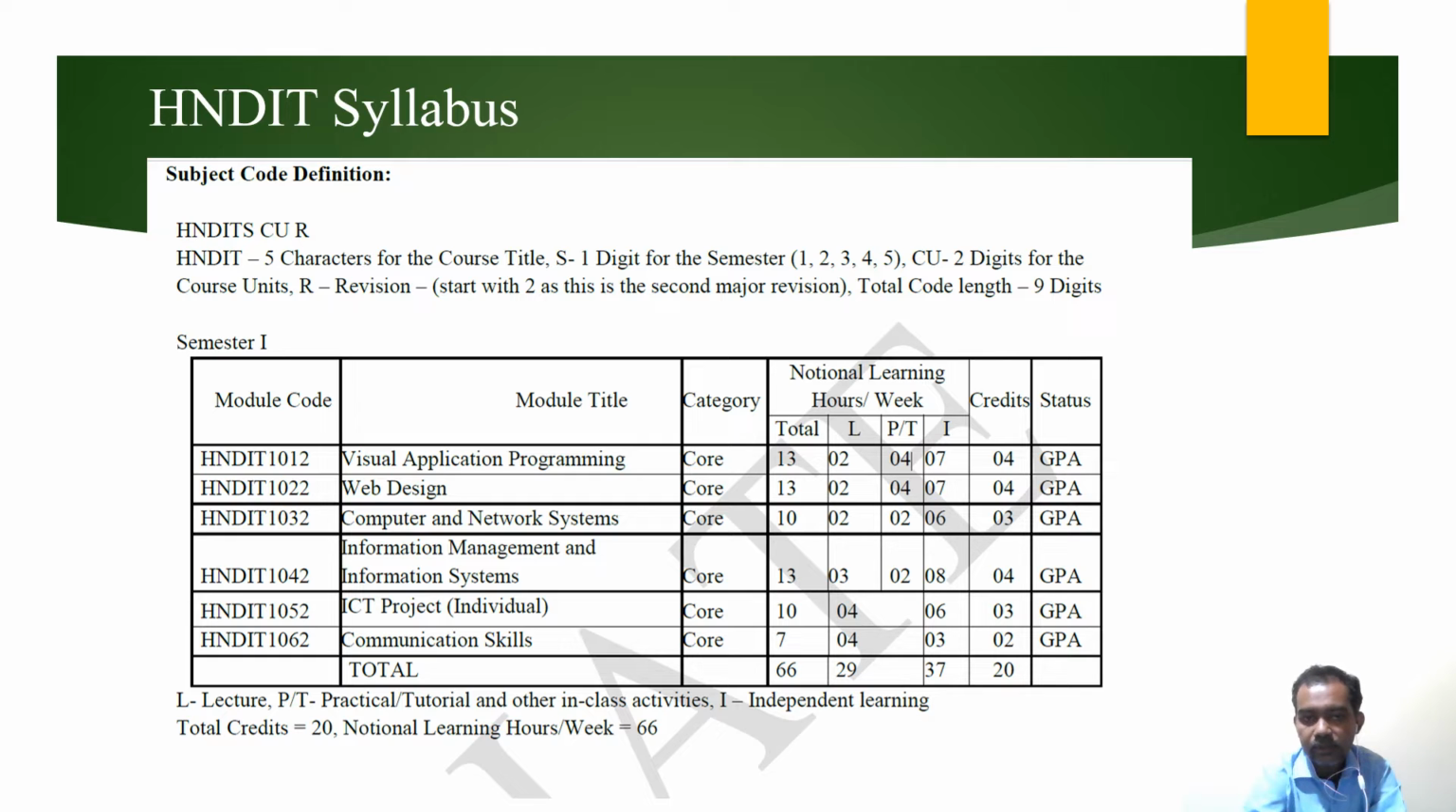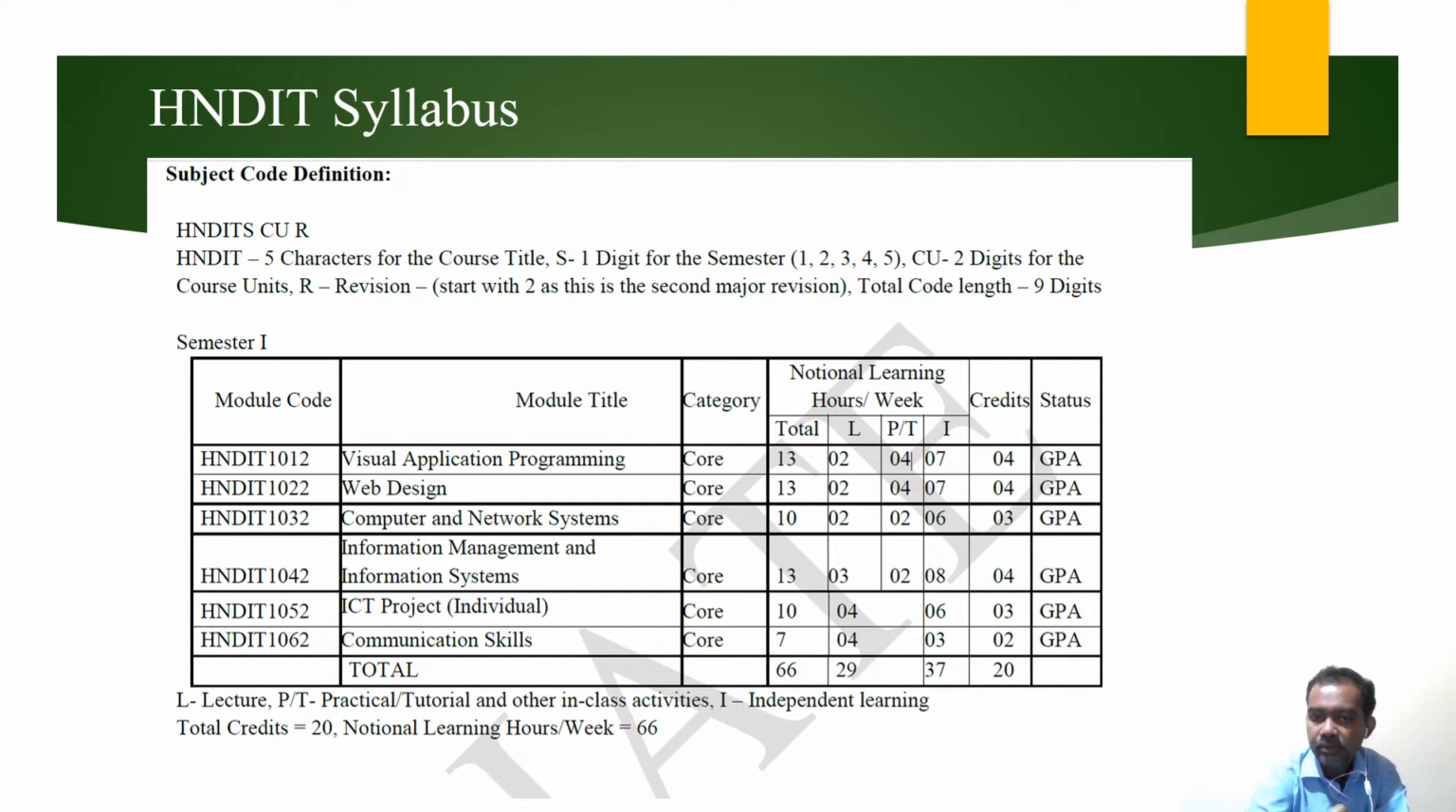The next one, HNDIT 1052. The subject name is ICT Project, in brackets, Individual. It is some kind of project-like subject. It should be done by yourself. We will guide you, then you have to complete that project. That is also a core subject. It has, you can see, lecture